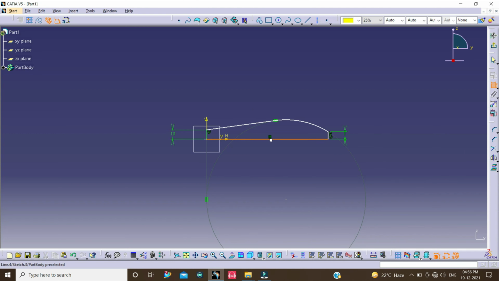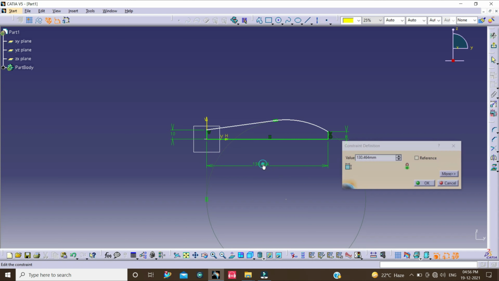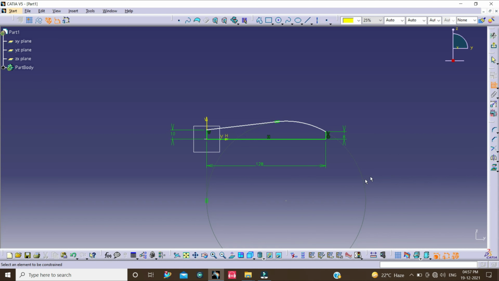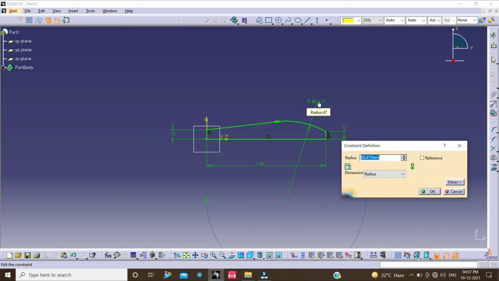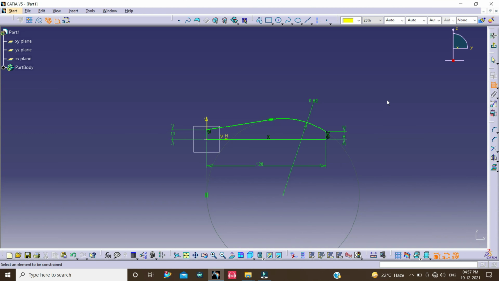Now select this horizontal line and change this dimension to 128 mm and click on OK. Then select this arc and change this dimension to 82 mm and click on OK. Now click on Exit Workbench.